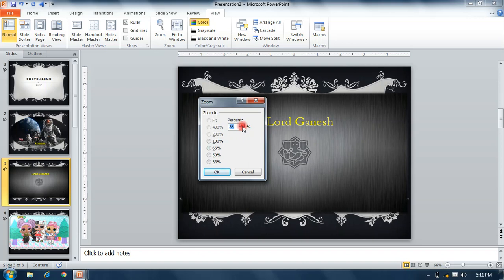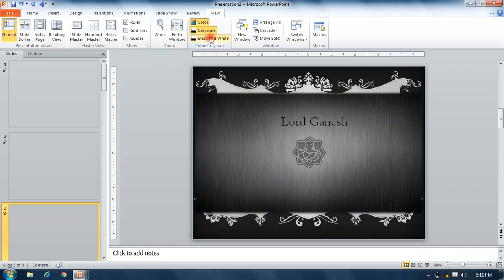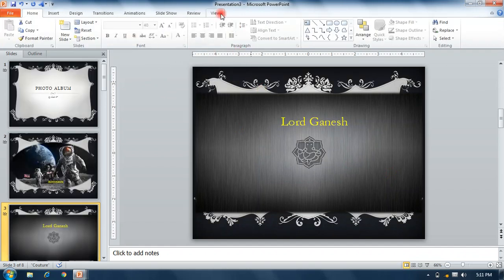So I zoom at 100% and click OK. Then this looks like 100%. Okay, Fit to Window: in this option our slide fits its window. Color, grayscale, black and white, we can change from it.